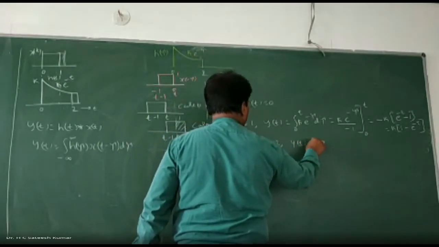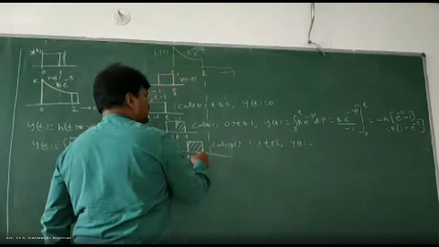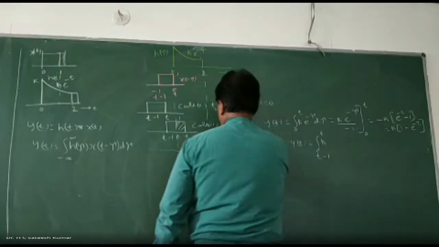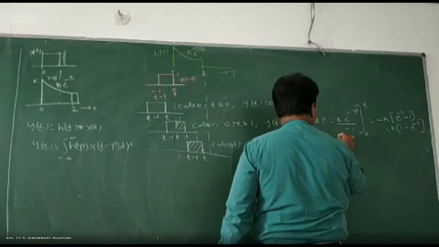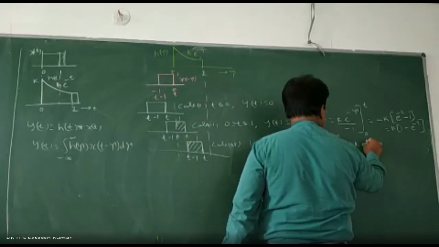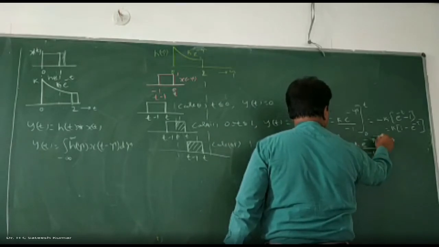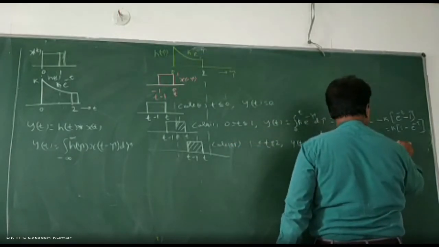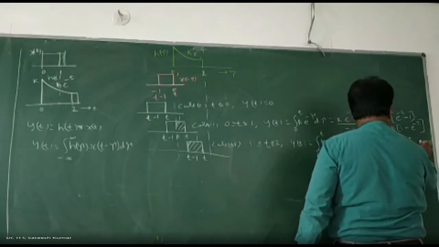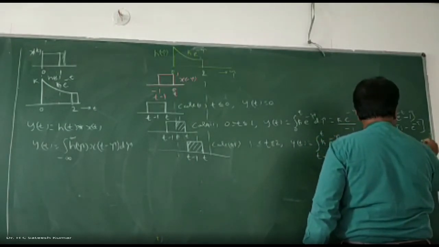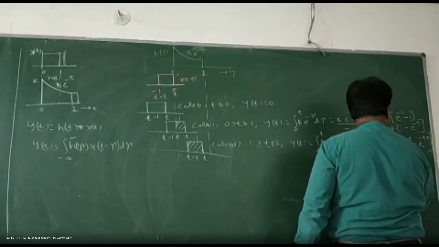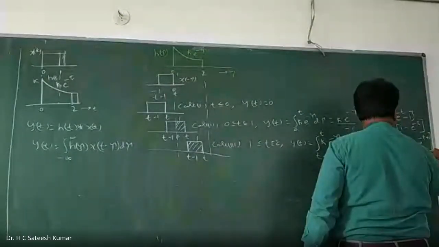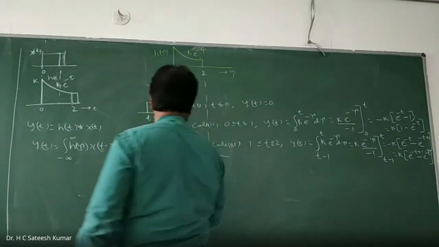Y of t is equal to integration from t minus 1 to t of k into 1 into e to the power of minus tau d tau, which is equal to k into e to the power of minus tau divided by minus 1 between the limits t minus 1 and t, which is equal to minus k into e to the power of minus t minus e to the power of minus t plus 1, which is equal to k into e to the power of minus t plus 1 minus e to the power of minus t. Next, case number